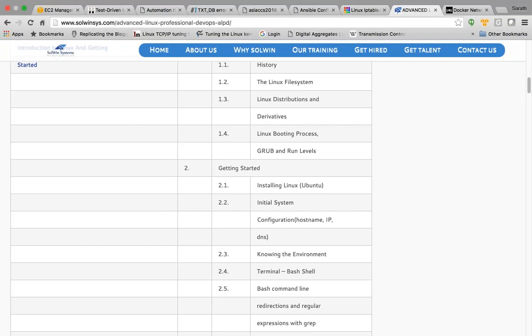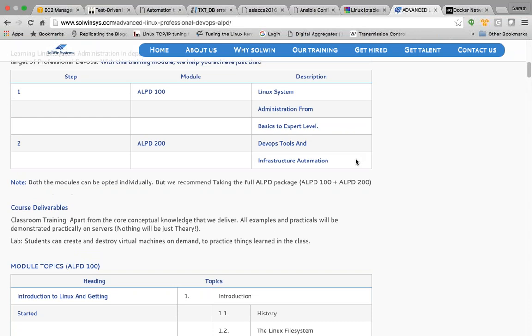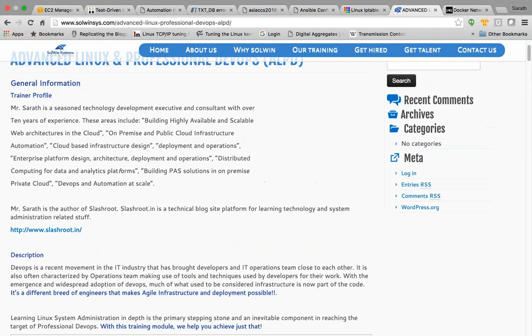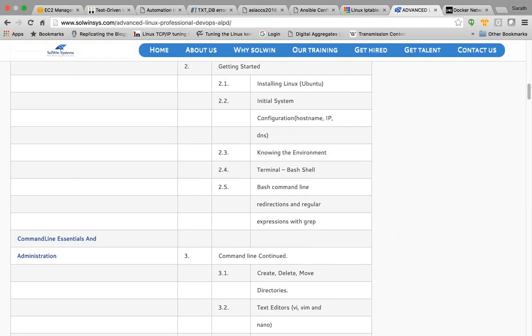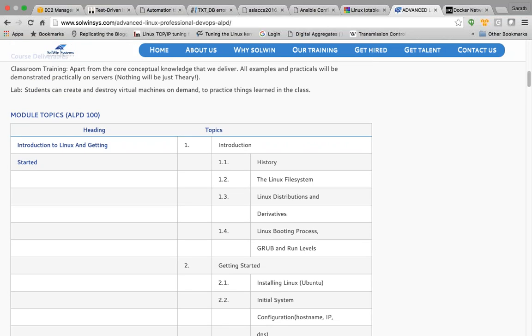Any other questions? Sir, you are saying the classes are for 60 days or 60 classes. That means for both ALPD 100 and 200? To be honest with you guys, let me be very realistic about this. It is quite possible that I am not going to give you a fixed number of days. That's the reason you might have seen when you registered for the course, you only saw 4 to 5 classes, and today I have added 45 or 50 more. As soon as I near the completion of those days, I'm going to keep on adding more.